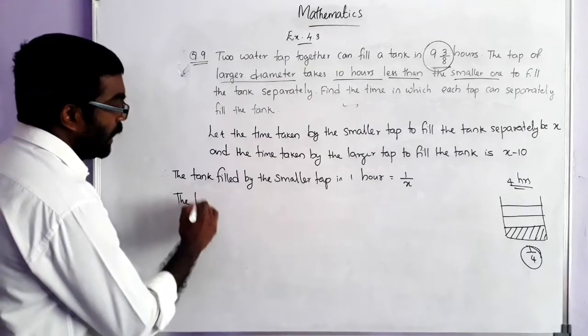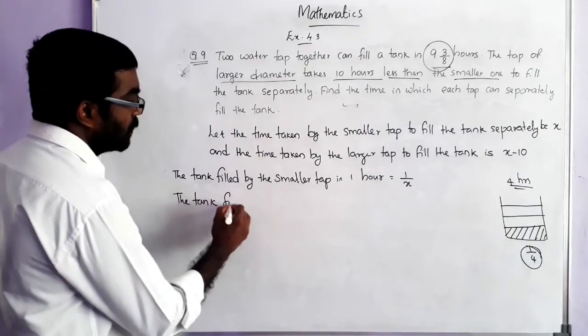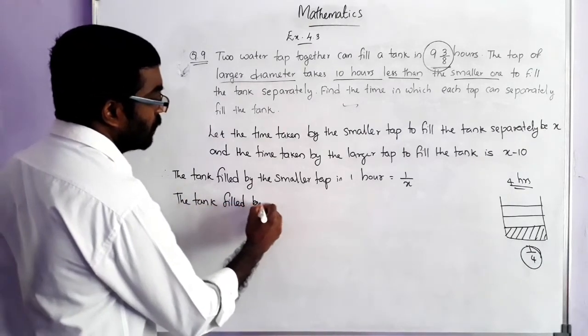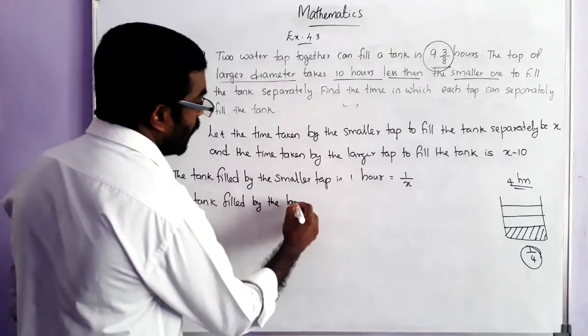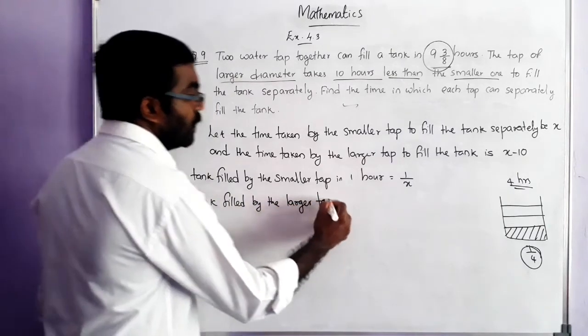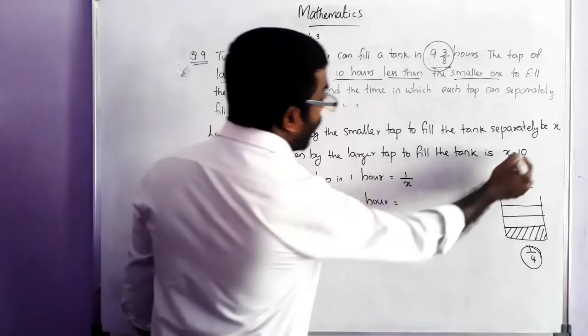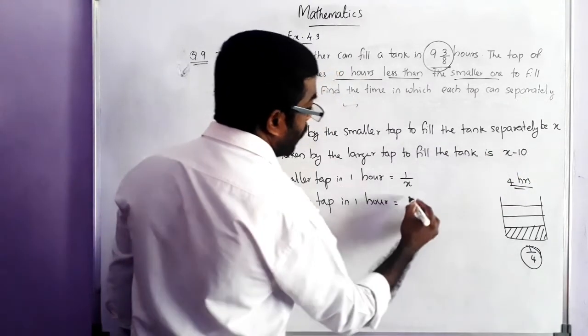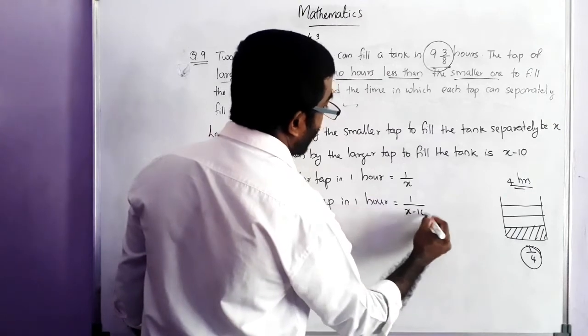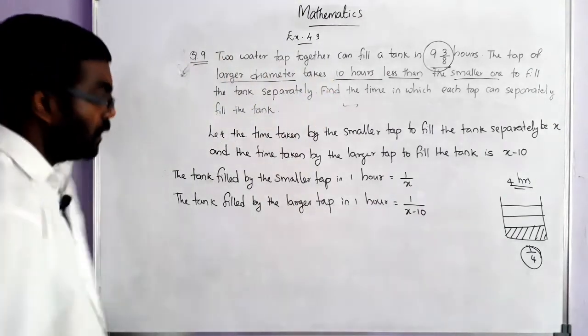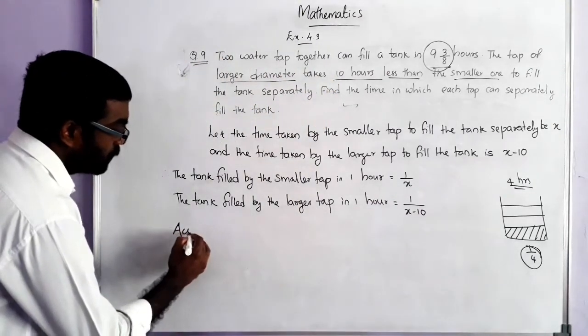Similarly, the tank filled by the larger tap in 1 hour will be equal to, here the time is x minus 10, so 1 by x minus 10. Now according to the question,